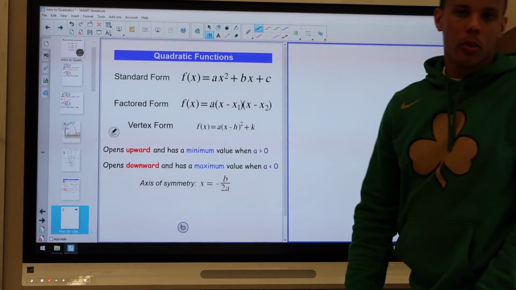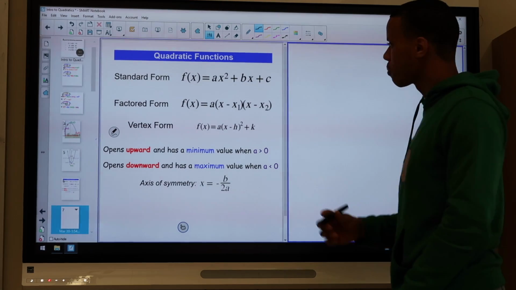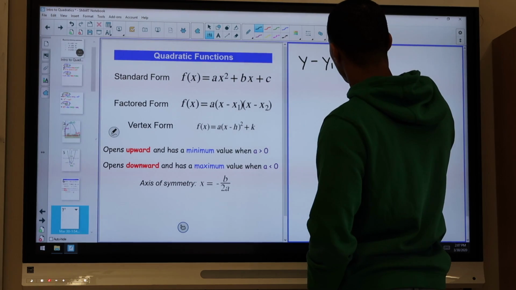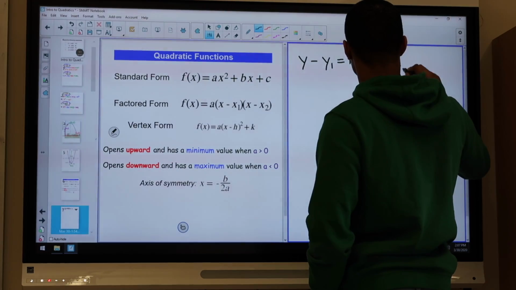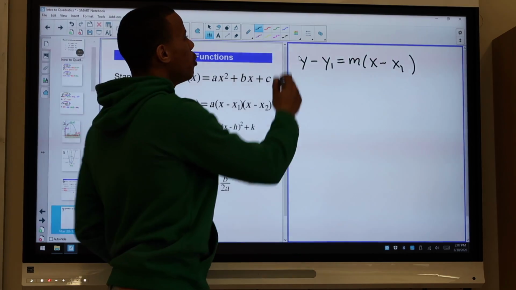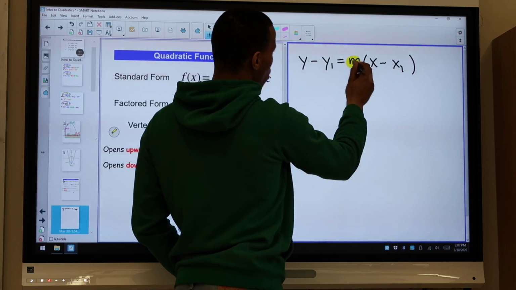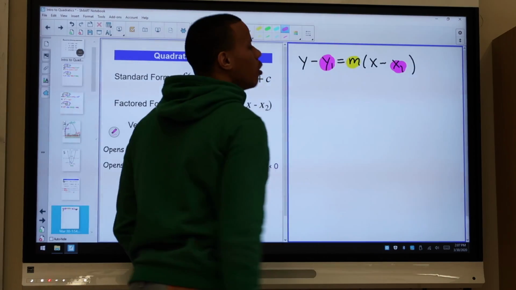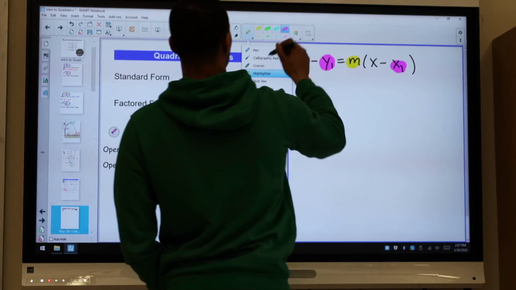Now, let me take you back a little bit. Do you remember when we did the linear functions? Well, we have y minus y sub 1 equals m times x minus x sub 1, which is the point-slope formula, right? This formula gave you the slope, and then it gave you a point on your graph. So any point on your graph, right? Then we have